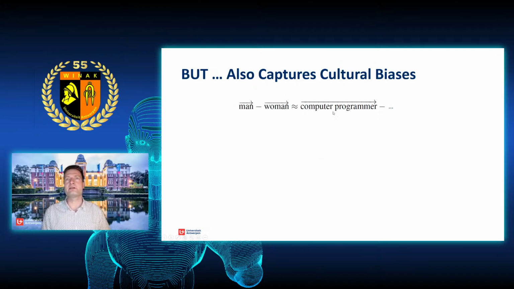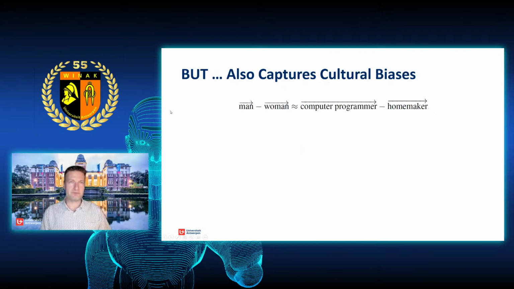Man stands to woman like computer programmer stands to... And then if they do the vector arithmetic, so they take the difference between man and woman and add it to computer programmer, the word they end up with that is nearest to it is actually homemaker. Oof. That's actually not what we wanted. This is basically saying that a homemaker is a female version of a computer programmer. This is not correct. And this is a cultural bias because in similar contexts, when they're talking about a man, it's more often a computer programmer in these news articles, and when they're talking about a woman, it's more often a homemaker.